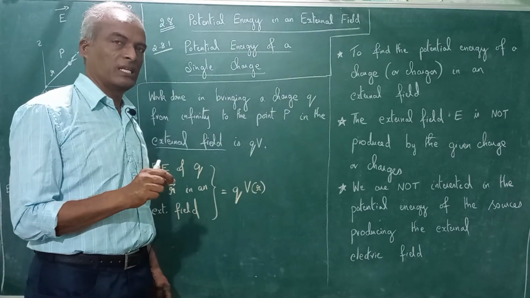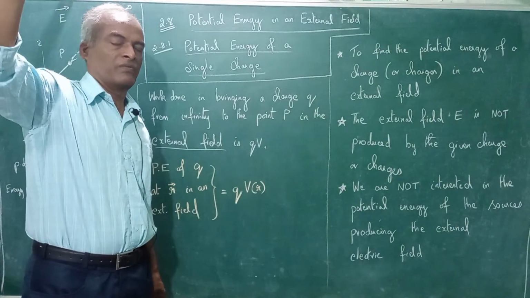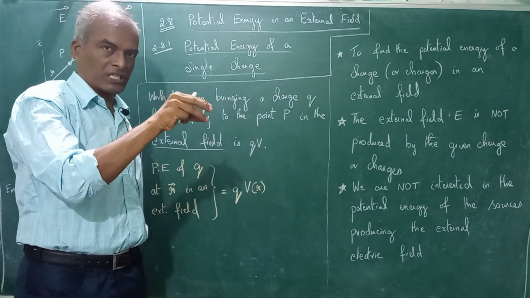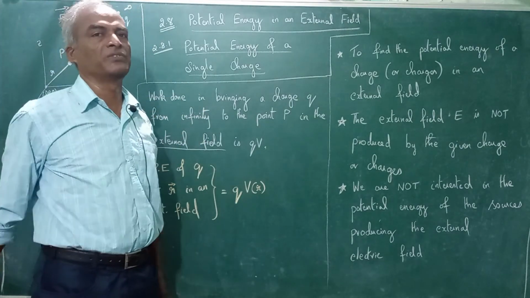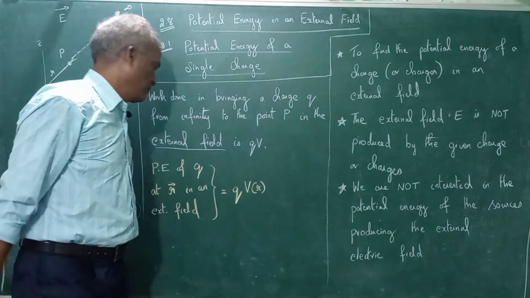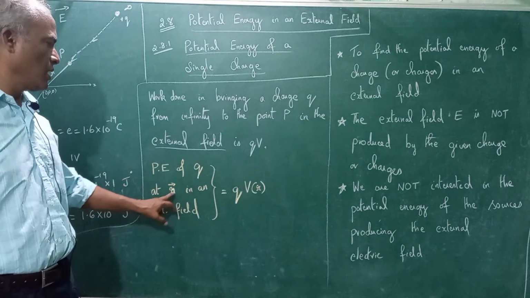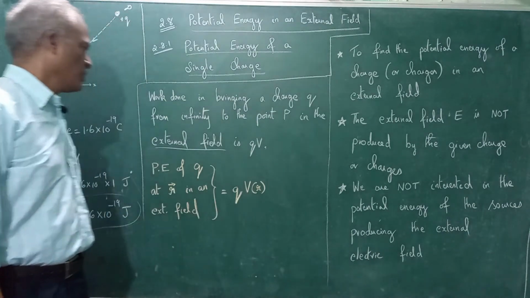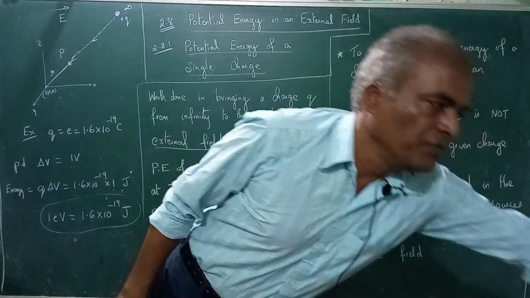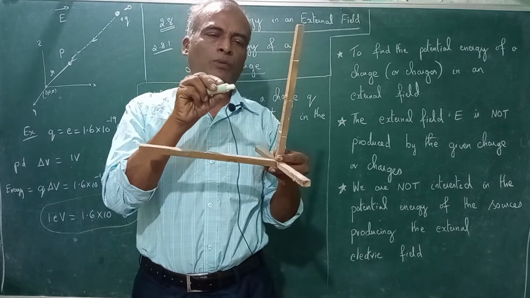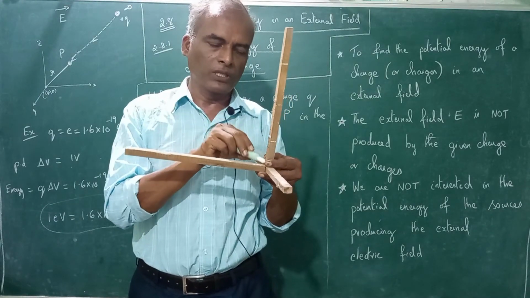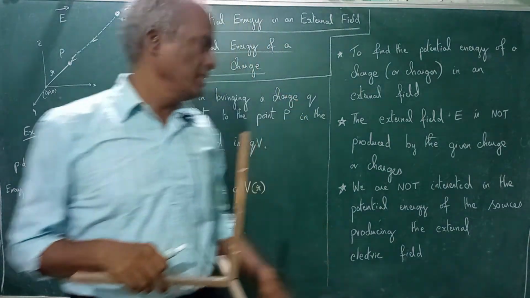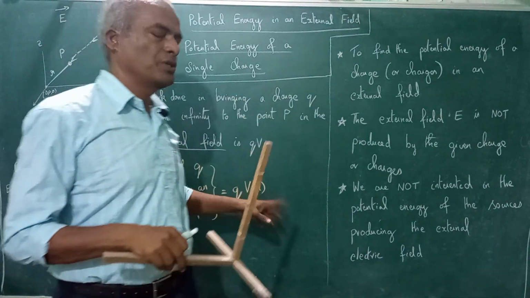But what I told you initially, the potential at infinity is 0, whereas at some other point with respect to the origin you have some other potential. So therefore you see a potential difference between infinity and that point. So the potential energy of Q at the r vector in an external field is Q multiplied by the potential. That means if you know the potential at this point and if you know the distance, then you can always find the potential energy, which is Q into V.